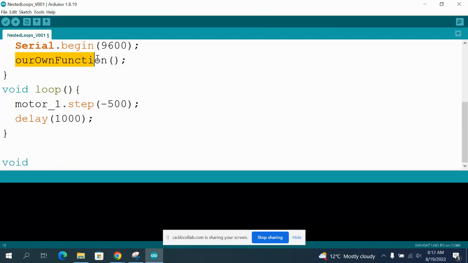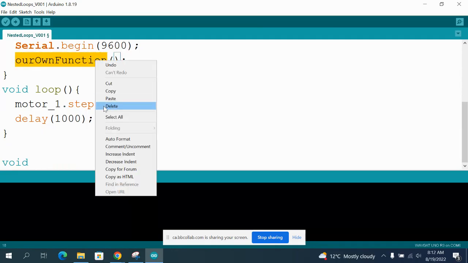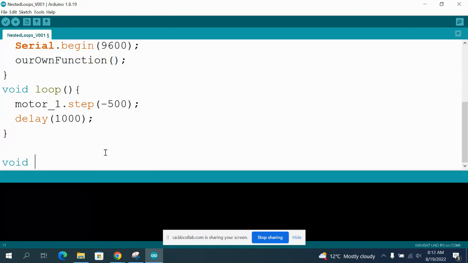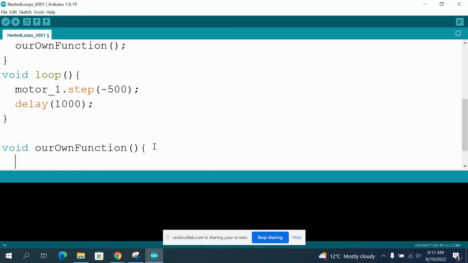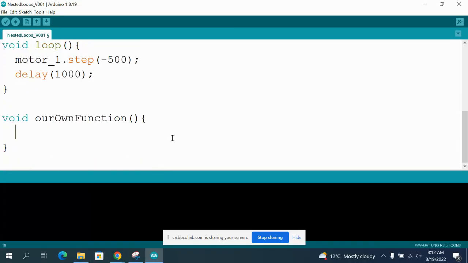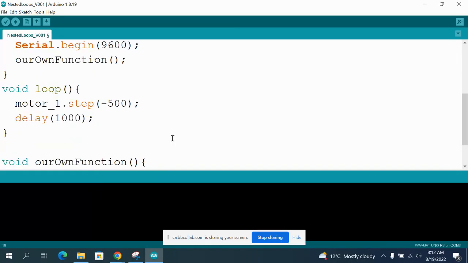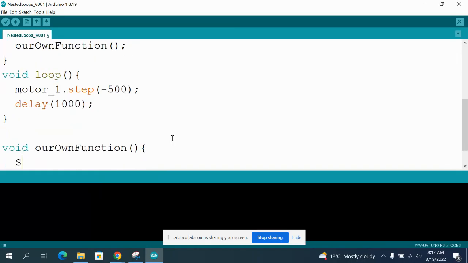So I'm going to copy this and paste it over here. Over here, we now have a curly bracket, and we have to have an opening and a closing curly bracket. Then over here, what I am going to say is Serial.println, print line.